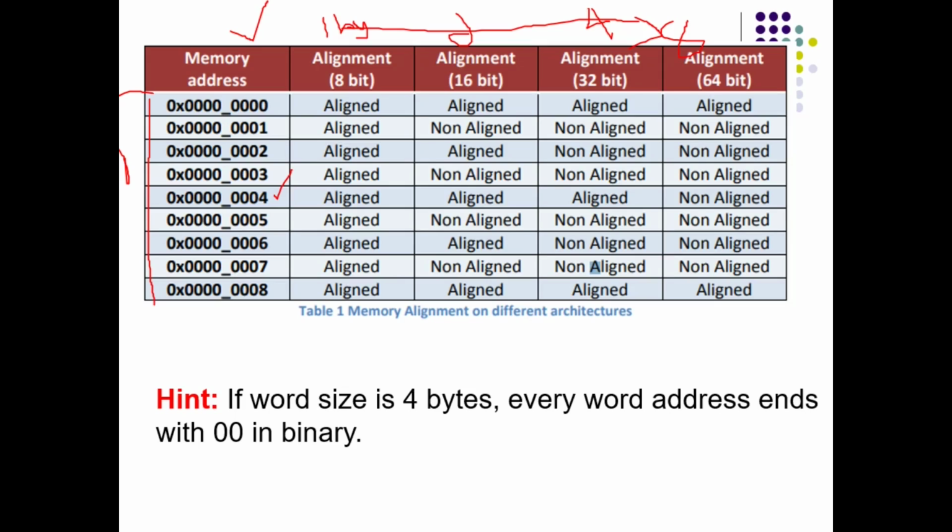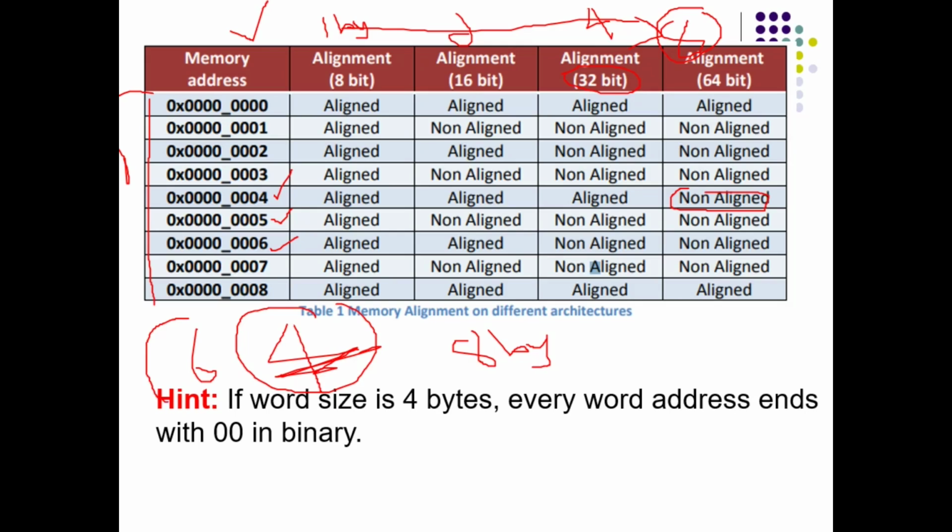If this is a word address, for example 4, and I have a processor whose word length is 8 bytes, then 4 is not a multiple of 8. That's why it is not aligned. Okay, we'll take 6. The address is 6. If it is the starting address of a word in a 32-bit processor, the word length is 4 bytes. The starting address of the word is 6. It is not aligned. Why? Because 6 is not a multiple of 4.